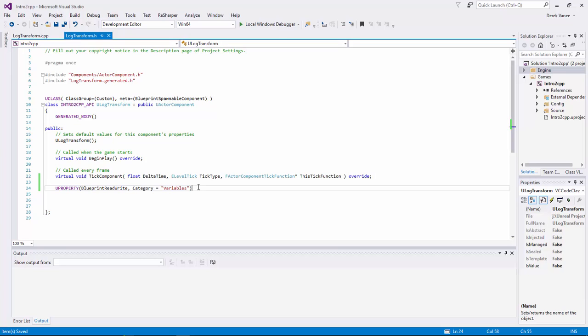So we've created this macro called UPROPERTY, and you'll see when we hit enter it creates a tab. So we tab in, which means we're now creating things on top of this UPROPERTY macro. We're going to create a variable. So we can create, say, an int called TestInteger, and we're just going to initialize it to 0. So one more thing, if you add a comment here, it will show up. So we can say